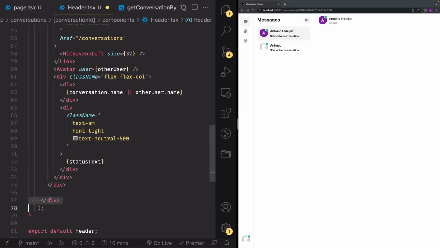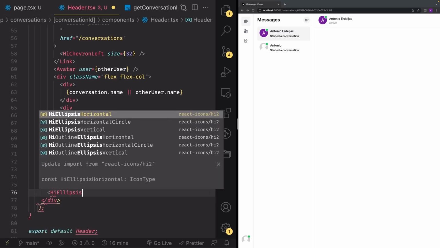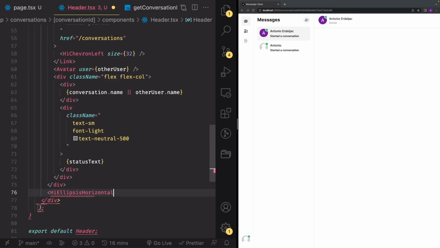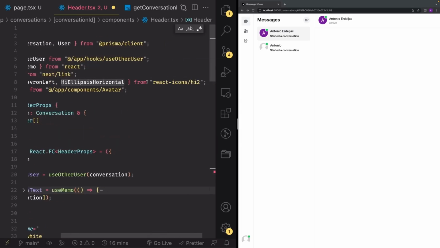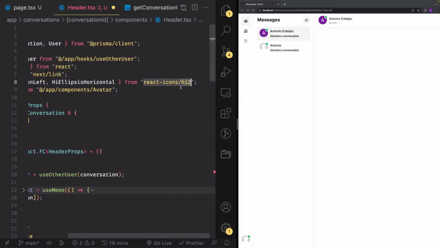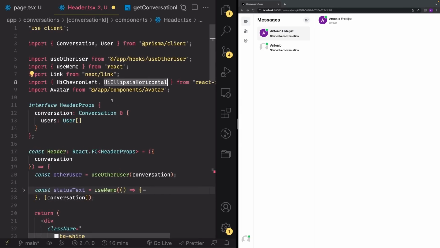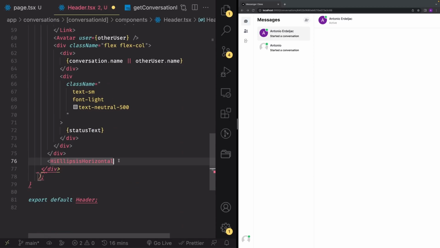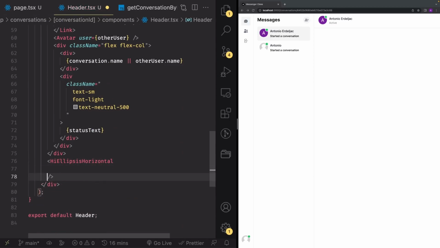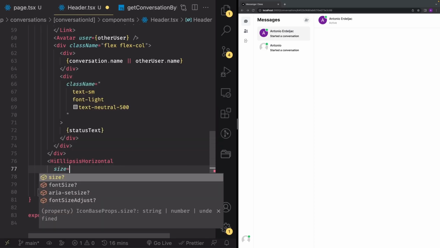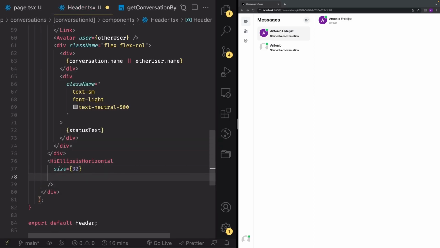So before the last closing div right here, just add HiEllipsisHorizontal, which you can import from react-icons/hi2. So the same one you imported HiChevron with. Great. And it is going to be a self-closing tag like this, and let's just go ahead and give it some properties. So size is going to be 32. It's going to have an onClick, which for now is just going to be an empty function. Later it's going to open a